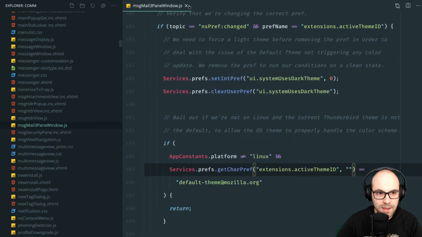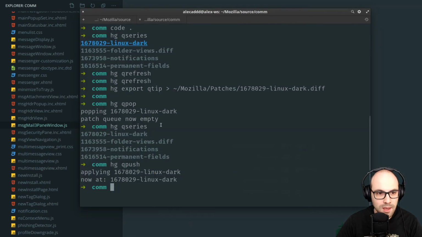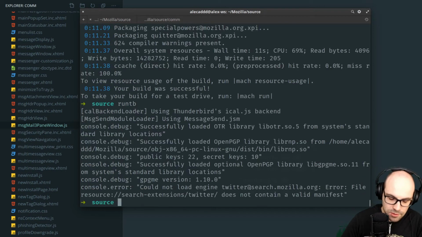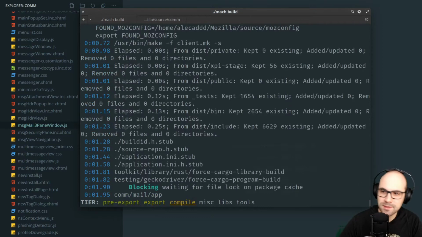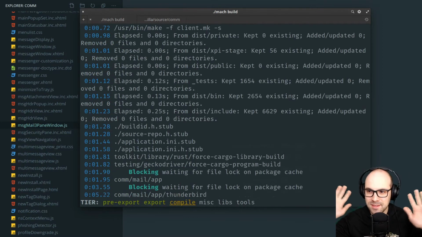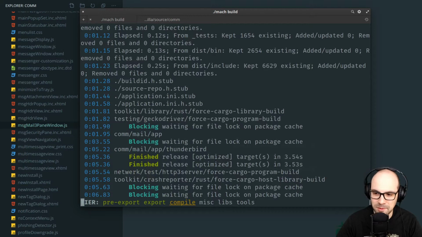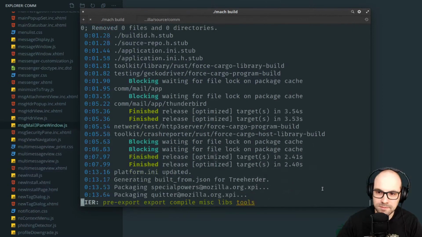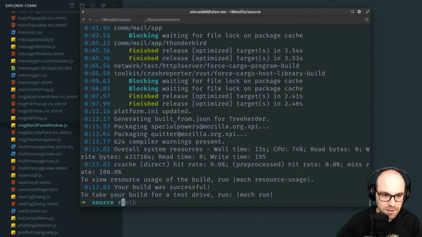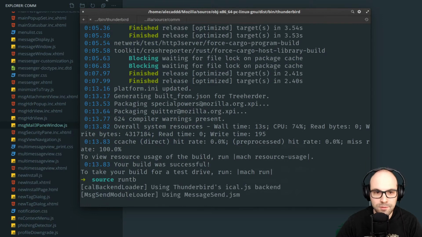So with this patch applied, we can compile our software here, make build. Oh, it's beautiful not having a background. Look at that. You can see everything behind me. It's phenomenal. Compiling. Yeah, 13 seconds. Okay, if we run now this new version,